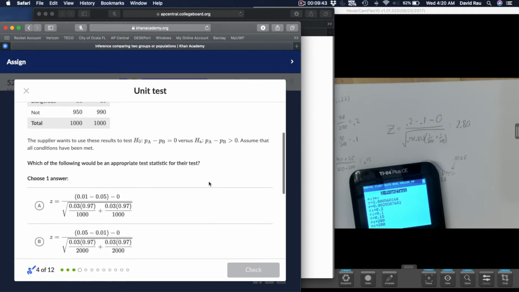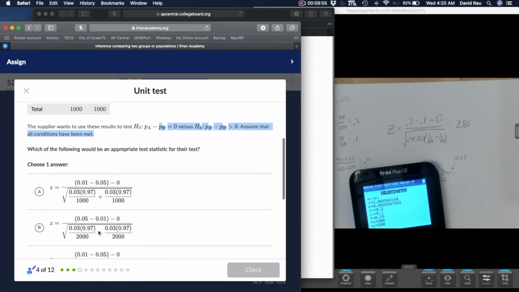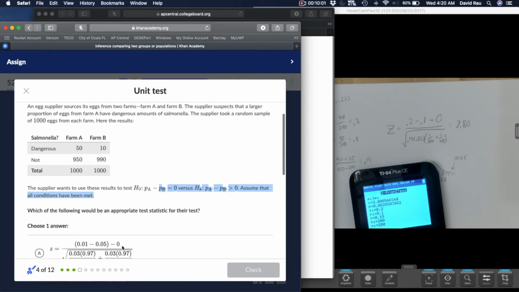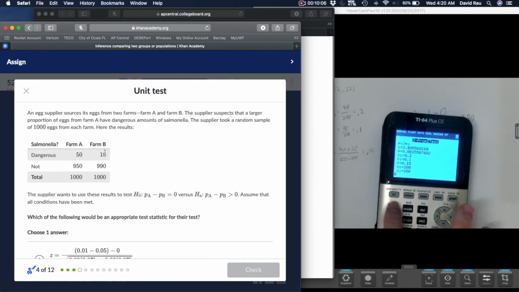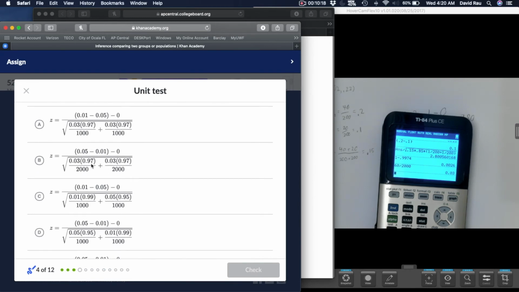Okay, so this is the same setup. Essentially, they're just asking me to do this in order, and I notice it's A minus B, so you should see 50 over 1,000, which is 0.05 first. So it's definitely either this answer choice, or this answer choice. Up next, remember that we need p of c, so we essentially need 60 out of 2,000. I'm skipping over that, hopefully you see where I'm getting that from. The 50 and the 10 over the 1,000 over the 1,000. So 0.03. Okay, so in other words, I should see 0.05 minus 0.01,